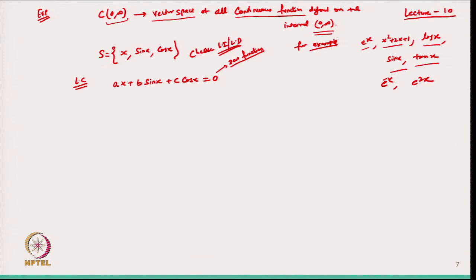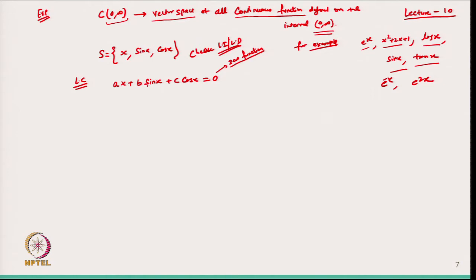If we want to check that C 0 infinity is a vector space, then we have to take the 0 function as the additive identity. So, this is the additive identity, the 0 function. Now the question is how we can find the values of a, b, c, because this is just one equation. So, we take the help of some other concept of functions.